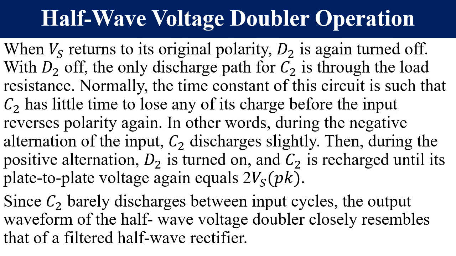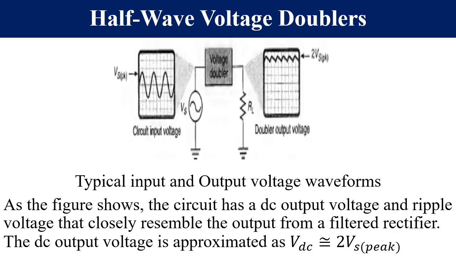So we have C2 being charged when the input is positive, and we have C2 discharging when the input is negative. So C2 barely has enough time to discharge completely, meaning that the load is always supplied with enough power by the voltage from C2. We can simply describe the operation of the half-wave voltage doubler from that particular block diagram,